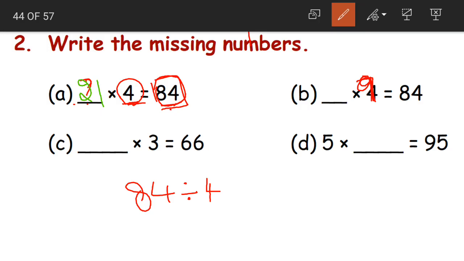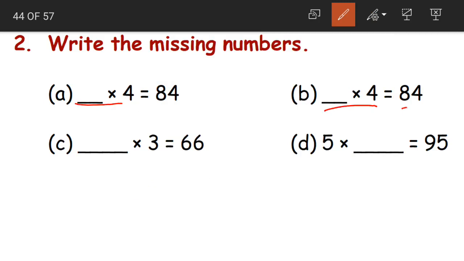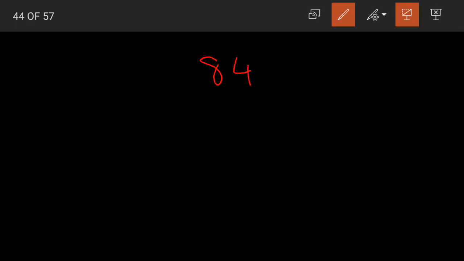Now I think it won't be divisible by 9, so let us take 6 here. The same question is repeated here children. See, dash into 4 is equal to 84. That is why I am changing the number here. Let us take it as 6. Dash into 6 is equal to 84. Again, one number is given and the product is given. We have to find out the other number. What to do? We'll divide the product by the given number. 84 divided by 6.